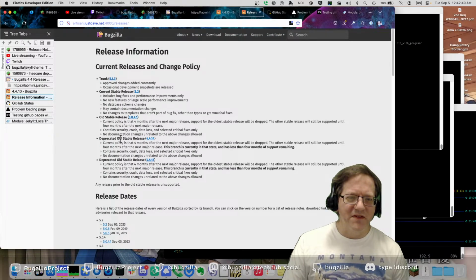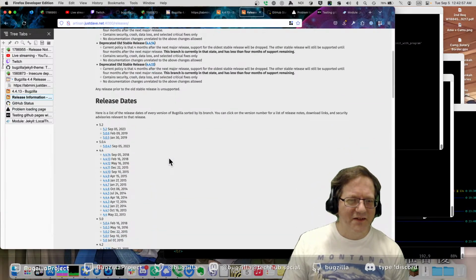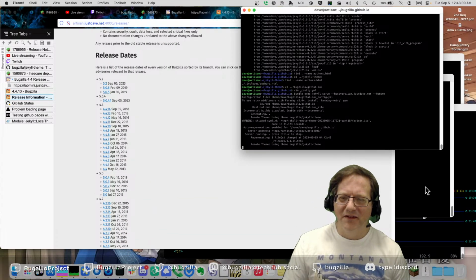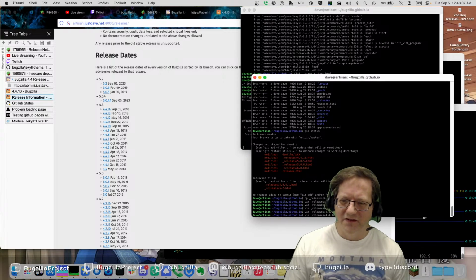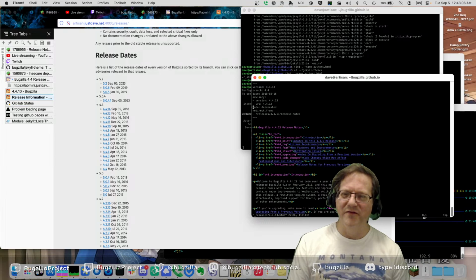And now you notice up at the top we have deprecated old stable is 4.13 and 4.14 both listed up there. And that is because of this line that says mode deprecated at the top of the .13 file.